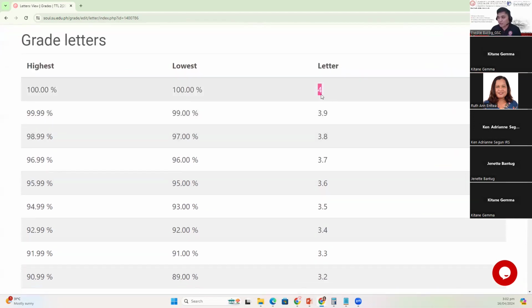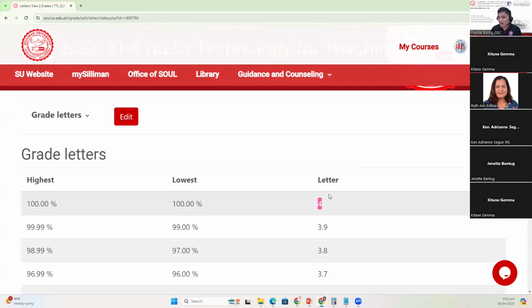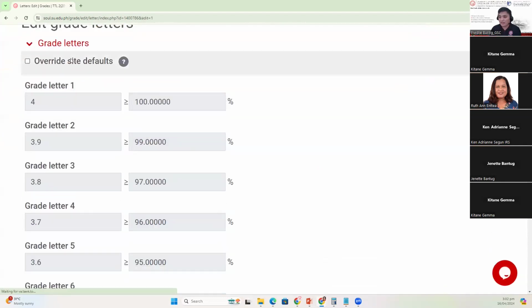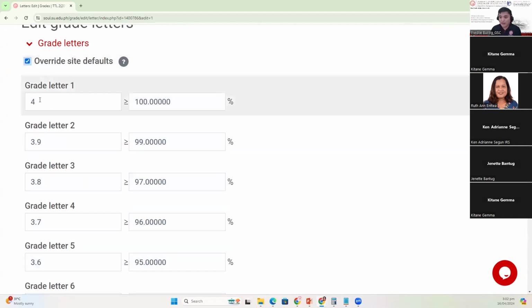But again, you can change this letter grade to literally a letter, or words or characters. To edit this, you just simply click the edit button, and then click override. And then here, in the right part, the grade letters pertain to the remarks. For example, this will be the transmuted grades, or the numerical grade like 4, 3.9, and so on. And then